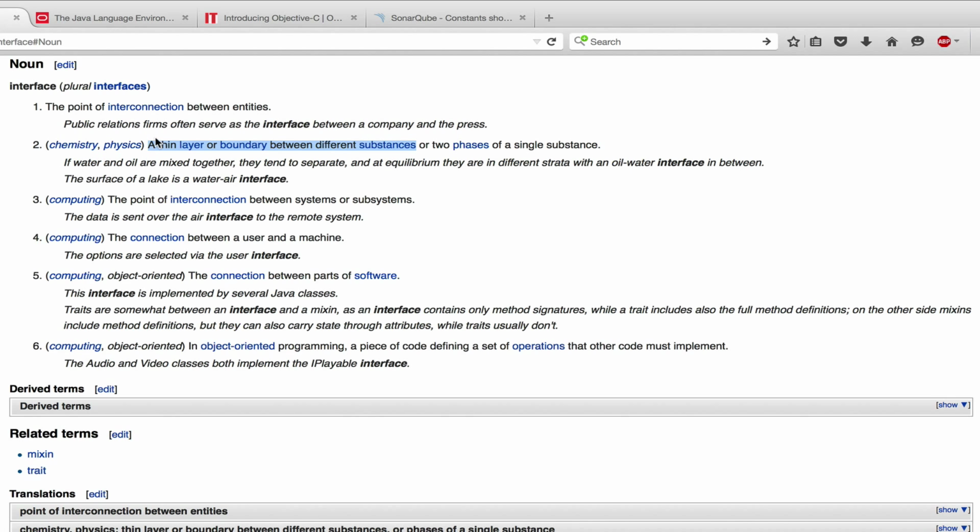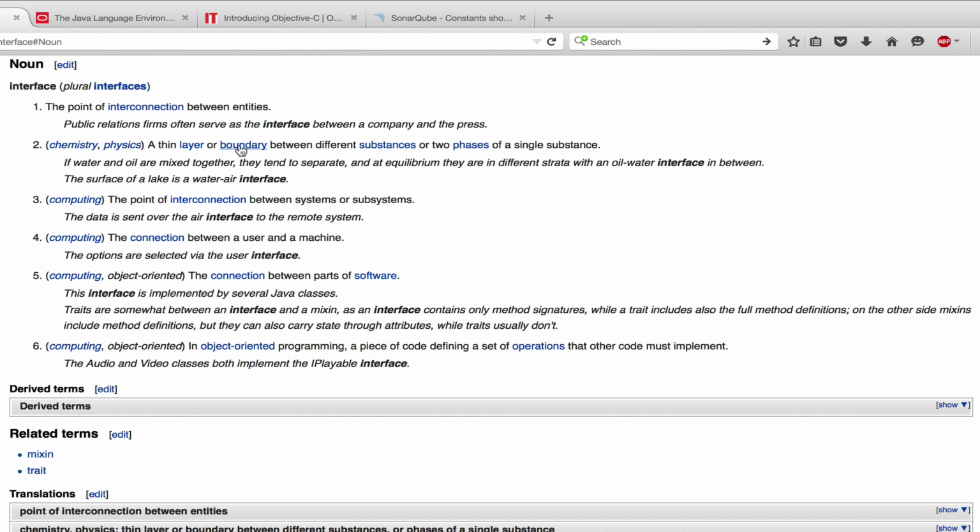And I think this perfectly also applies to interfaces in object-oriented languages and Java, because it's really a very thin layer. You will see there's not much code needed to define an interface, and it also forms a boundary.